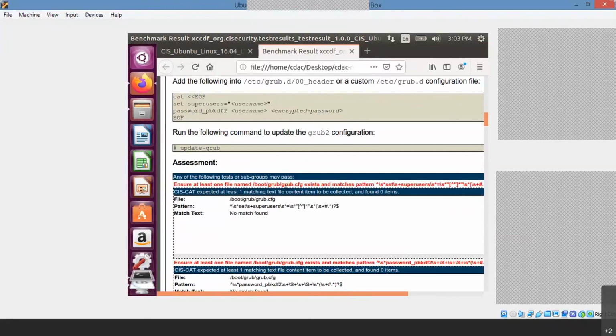Hope it is clear for you, right? Any doubts here with respect to this hardening of Linux? Any doubts? If no doubts, we'll go to the next session. Are you able to understand what exactly you need to do?